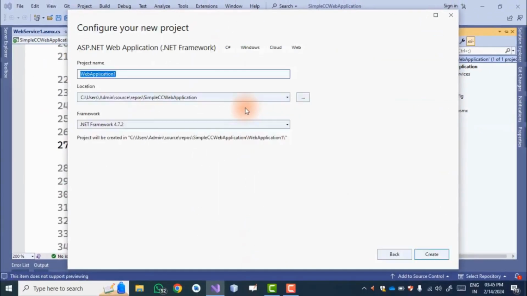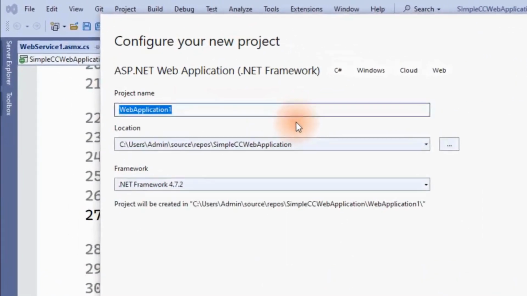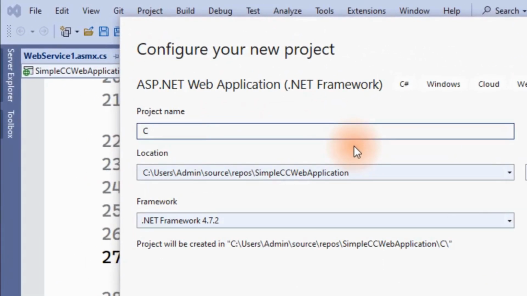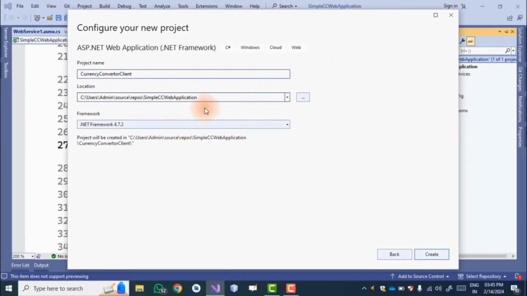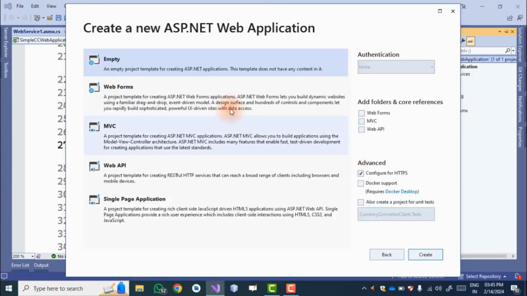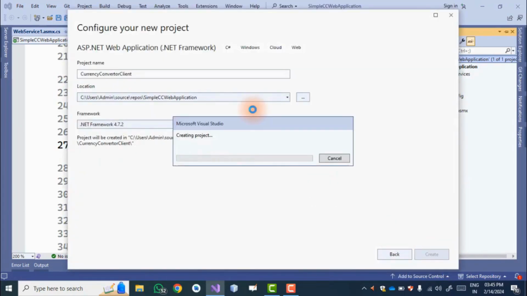Just click on next. Now I am giving a name as currency converter client. So this is my client, and the path is the same and the framework is the same. Click on create, then select empty and then create. So this will create a web application.